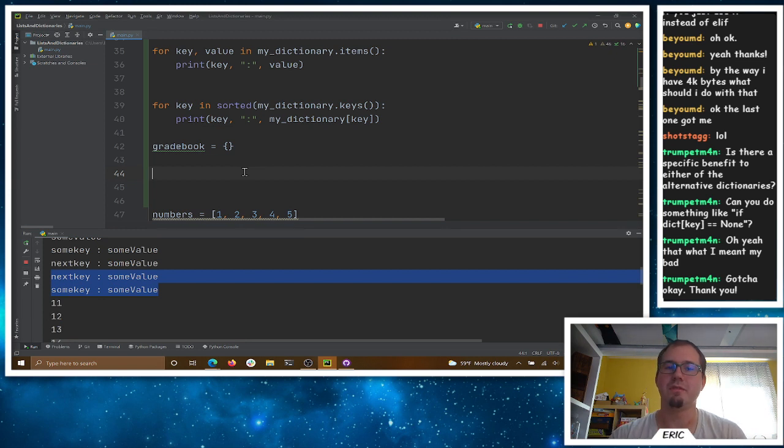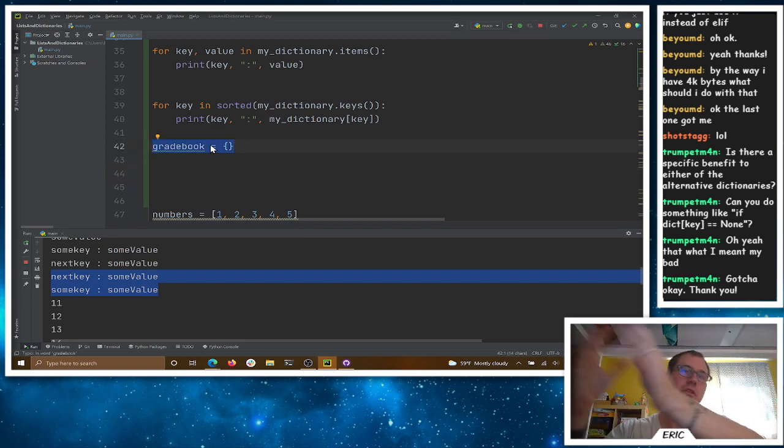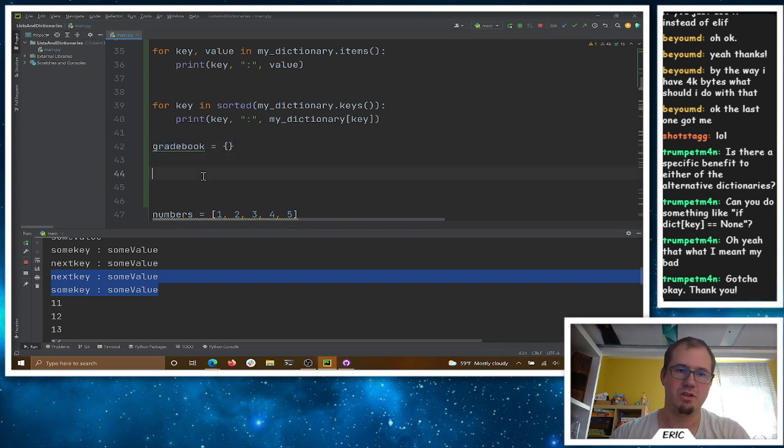Right? We could have some sort of way of, okay, here's my list of students. That's the initial key in the gradebook, and the associated value is another dictionary of all of your assignments and their scores. Right? We could have a dictionary of dictionaries. So we could set gradebook key of Eric equals a new dictionary, right? And then inside of that dictionary then, so gradebook key of Eric